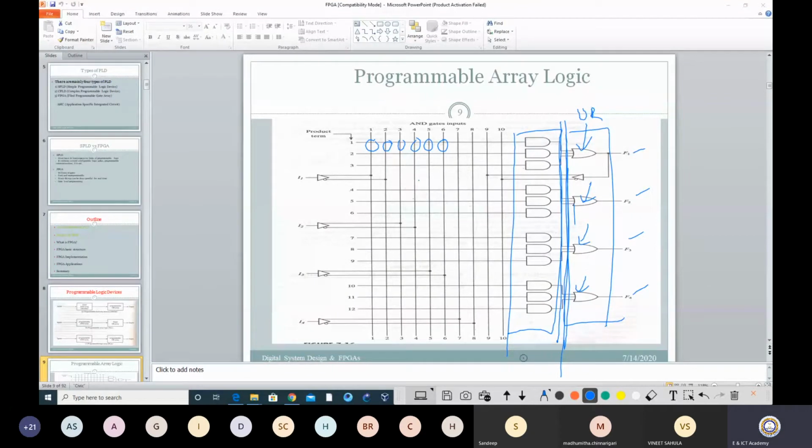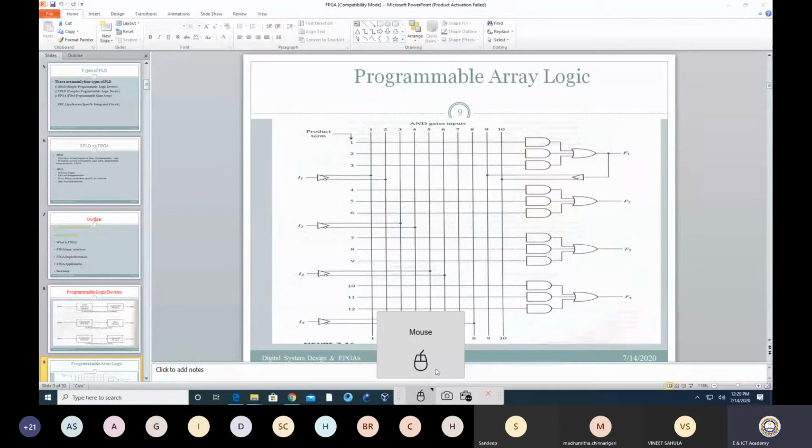Okay. So as there is no programmability, I can consider this structure is fixed. Where there is programmability, I can have a point of fusing. So at the input of the AND gate, there is a programmability possibility. So this is a PAL gate where I can have a programmable AND and fixed OR. Now we will see this with one example, how you can actually implement this.